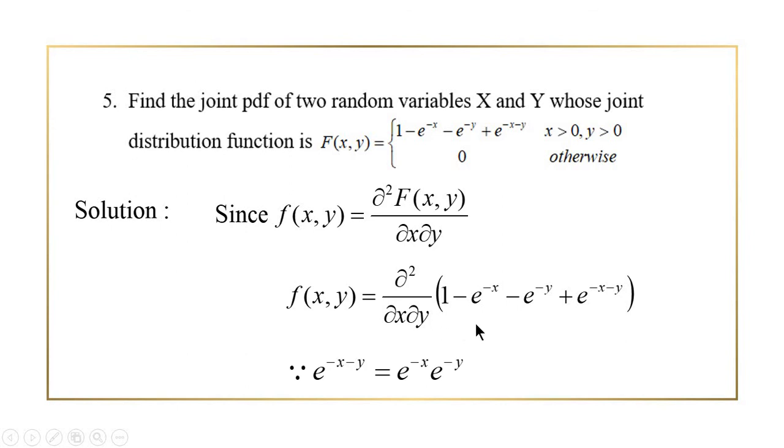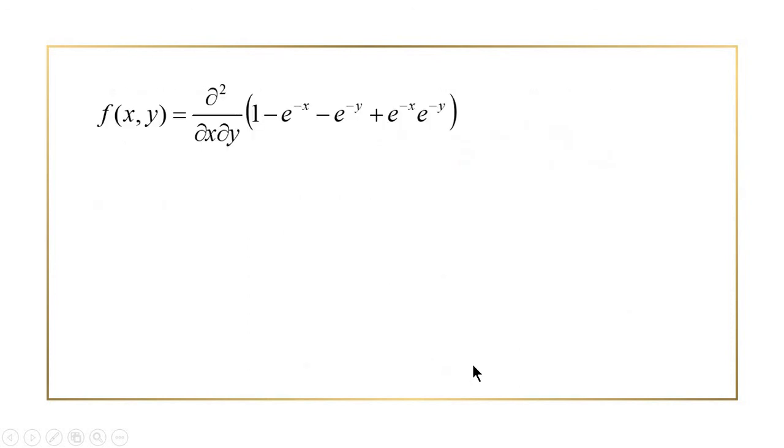Now I am going to differentiate this. Before that, you can split e raised to minus of x minus y, which is e raised to minus x, into e raised to minus y. After splitting, now I am going to differentiate with respect to y first. So this is constant, 0, and this differentiation is e raised to minus y, which I have written here, and here e raised to minus x is constant, so the constant I have written here. Differentiation of e raised to minus y is minus e raised to minus y, therefore minus e raised to minus y. And once again you have to differentiate this with respect to x.